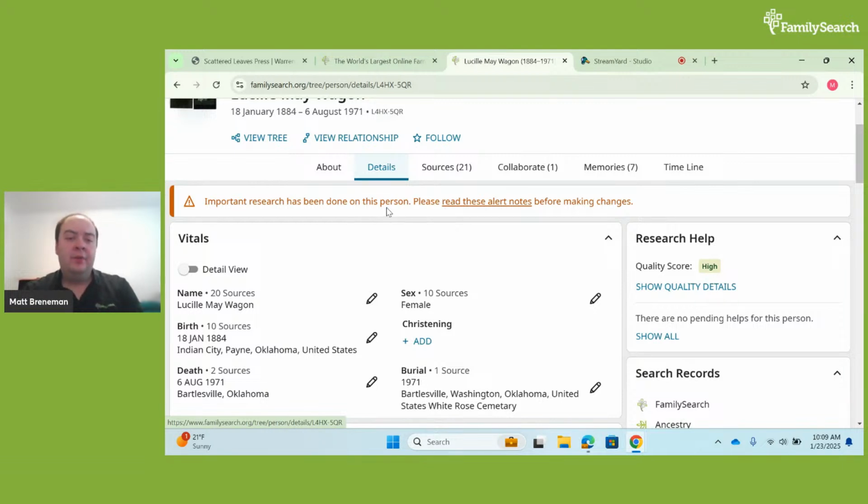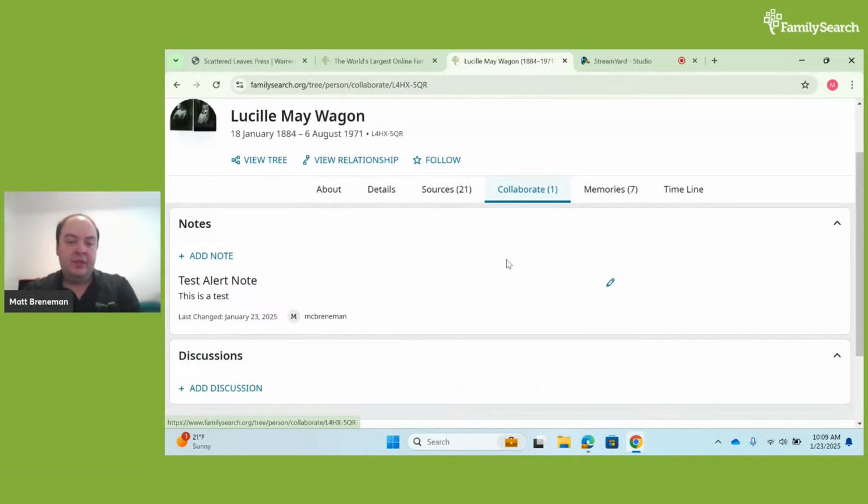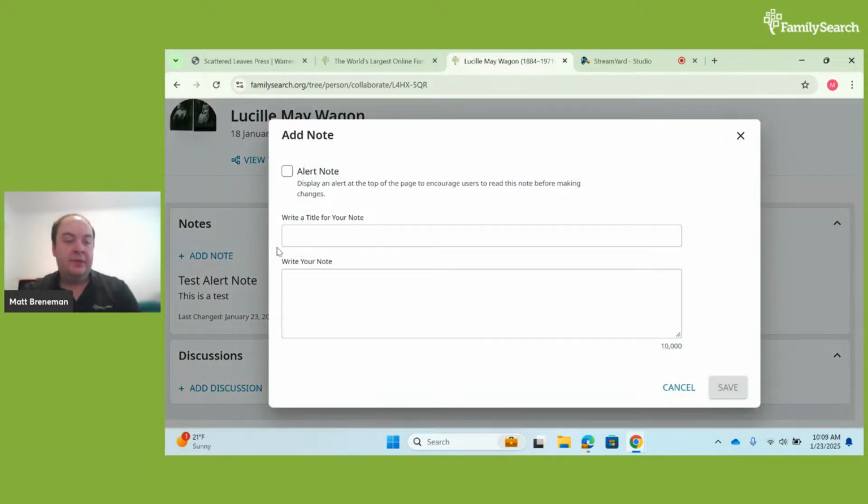And so the way you can read alert notes is you can either press on this hyperlink here, or you can go to collaborate, where all alert notes have been added. And so I added this alert note just as an example. But if you were working on a person and you wanted to add a note that was urgent, that you wanted other people to read before they made any changes, you can add a note here by just pressing add note.